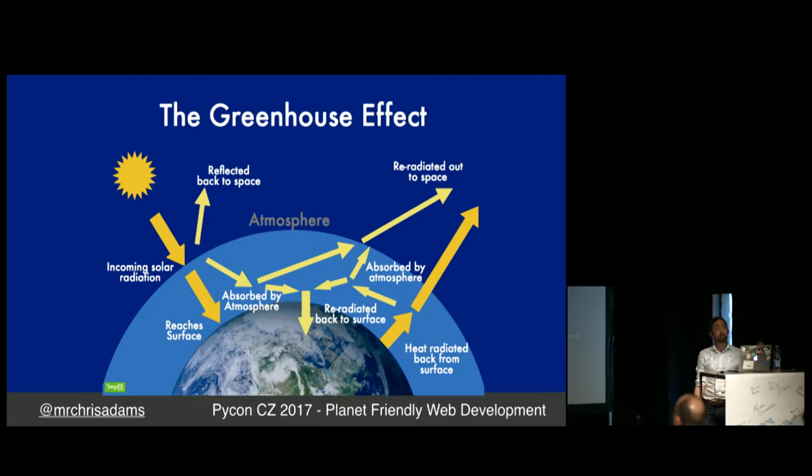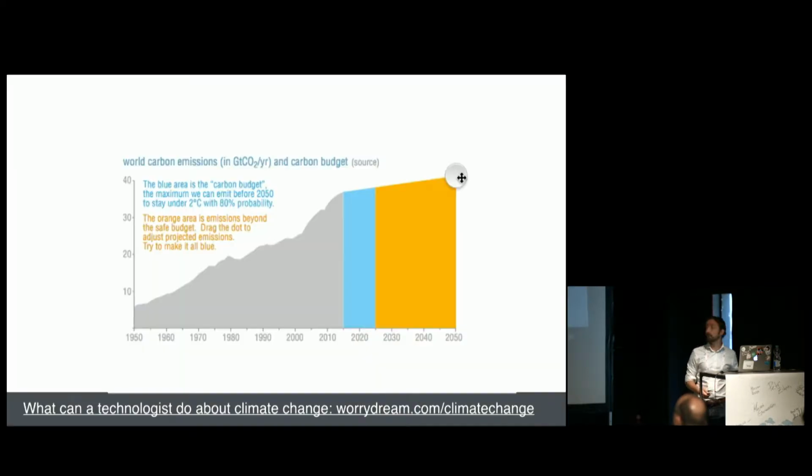But over the last, say, 100 years or so, largely as a result of human activity, we've ended up with greater levels of greenhouse gases, and in particular CO2 in the atmosphere. So more CO2 results in a more powerful greenhouse effect, resulting in more energy in the system and a warmer world. And a warmer world does sound kind of nice, right? Like you look outside and it's lovely and warm, right? But the reality is somewhat less nice. The reality is more like extreme weather events, more drought, more destruction to vital ecosystems that we rely on.